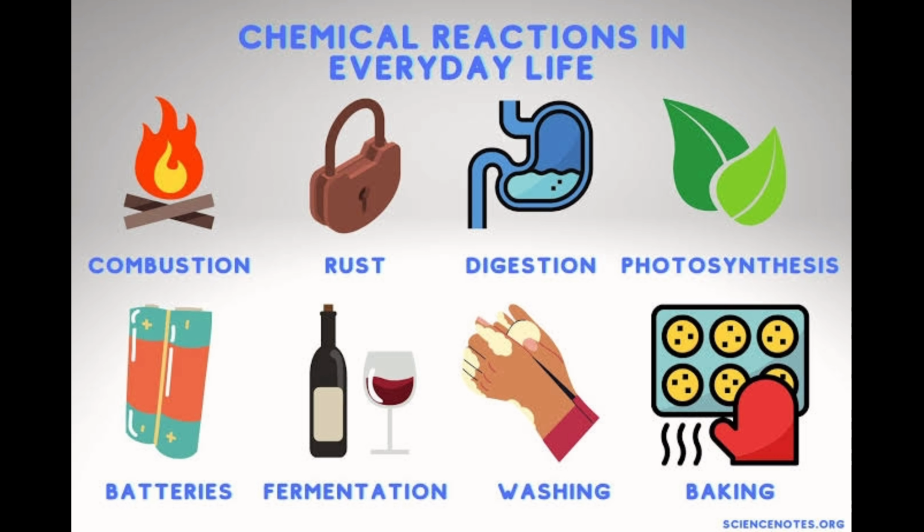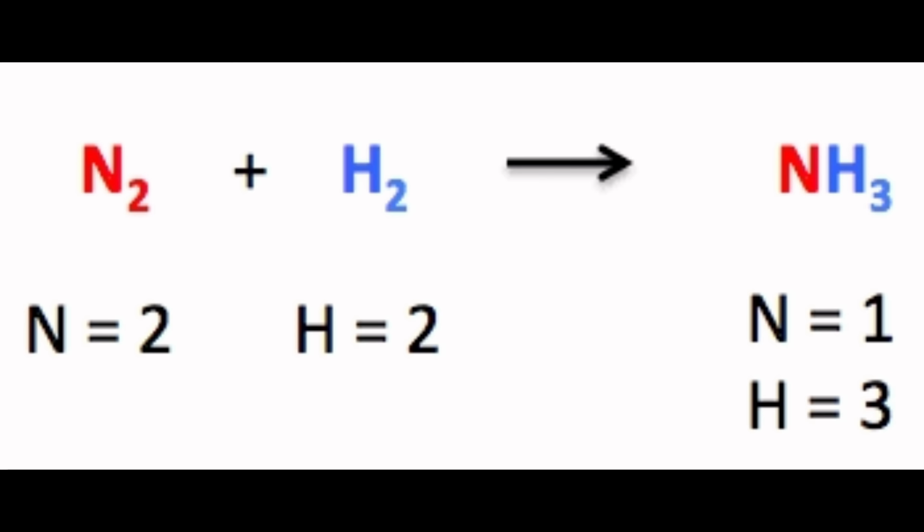Once again, when one or more substances react to form another substance, that is called a chemical reaction. See, this is a simple chemical equation: N2 plus H2 forms NH3. Here N is 1 and H is 3, meaning nitrogen is 1 and hydrogen is 3 in number. So what is an equation? A chemical equation is used to represent a chemical reaction using symbols and chemical formulas. I told you what a chemical symbol and formula are, and this is a simple chemical equation which represents symbols as well as formulas.